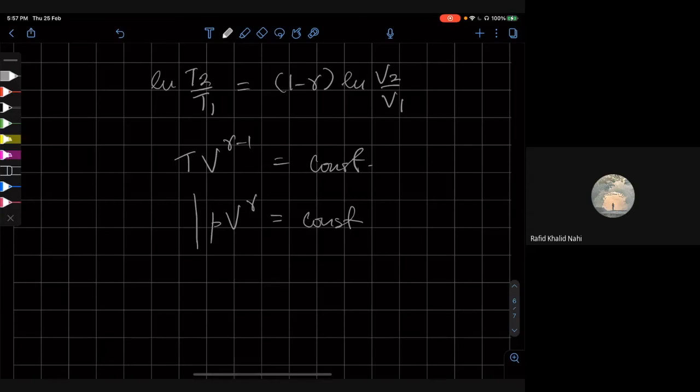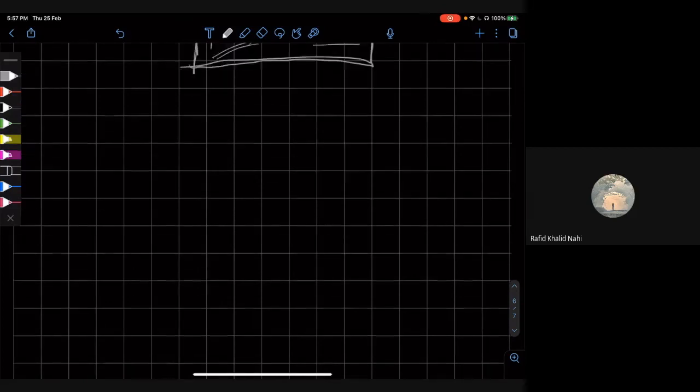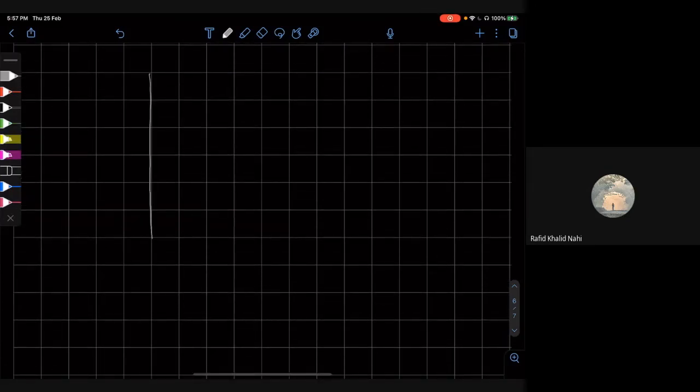Okay. So these curves are known as, for every constant value, you can find a relationship between P and V, and those are known as adiabats. Okay, so if I now plot the isotherms and the adiabats on the PV diagram for an ideal gas,